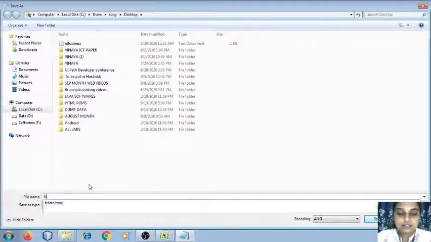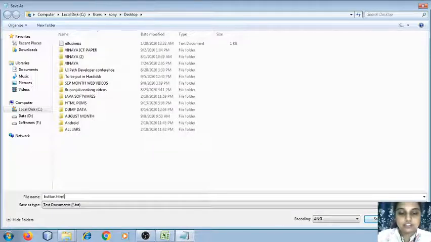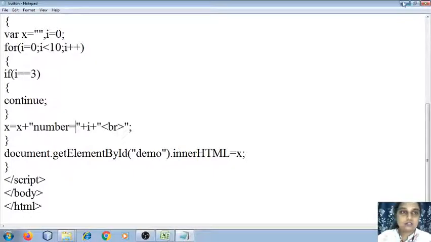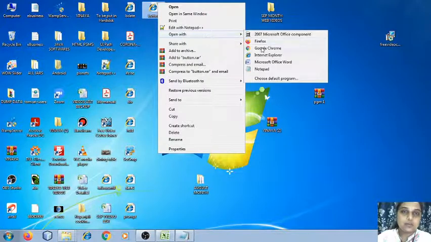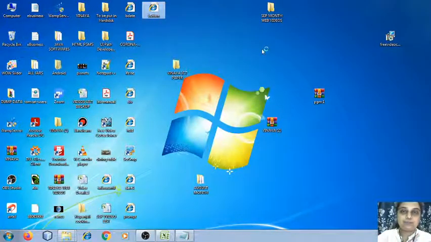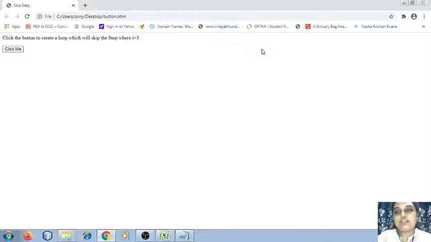Okay, I will save it as button.html. So here is my file which says button.html. Open with Google Chrome. I will wait for the output. So see, click the button to create a loop which is going to skip the step I is equal to 3. Our loop is going to iterate from 0 to 10. Alright, but when it is going to come at I is equal to 3, it is going to be skipped. So when I click on this, click me,